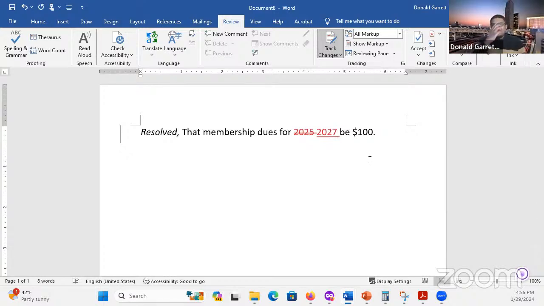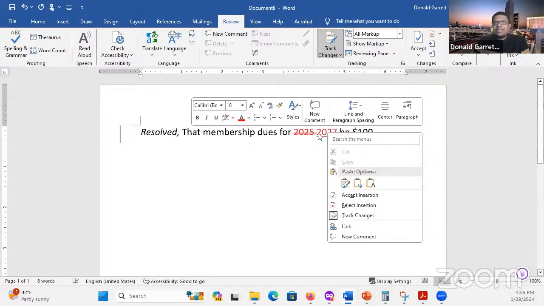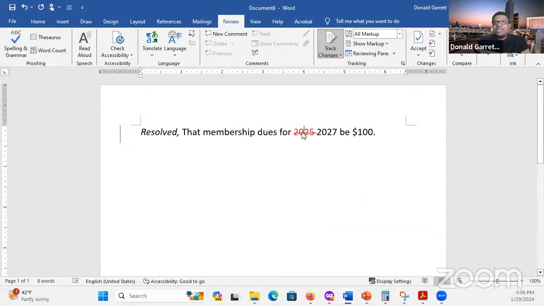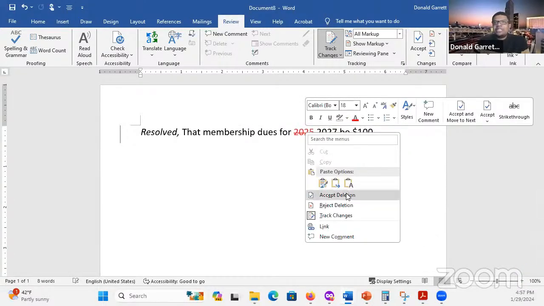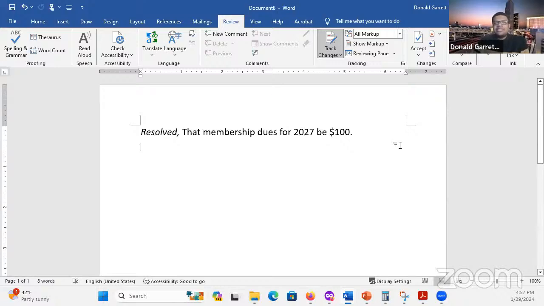And so in that instance, you can see the before language, the language should be struck out, and the language should be inserted. And you can use track changes to keep track of your amendments and whatnot. And then if it's adopted, you can just right click it and accept that change. So you're going to accept the insertion and you're going to accept the deletion, right? So you can do that